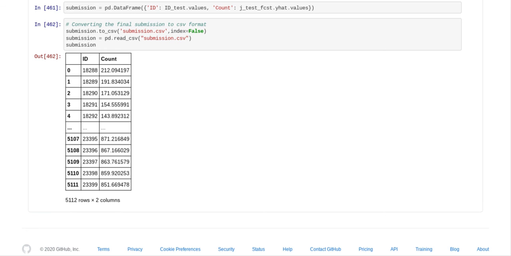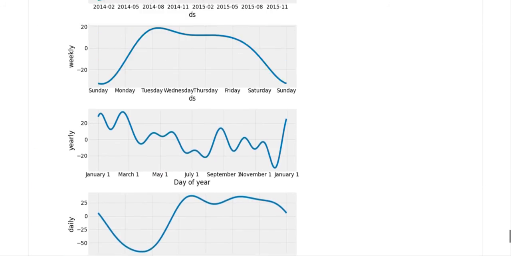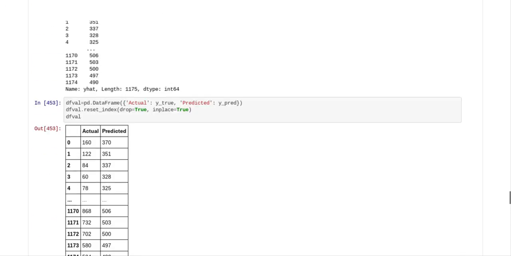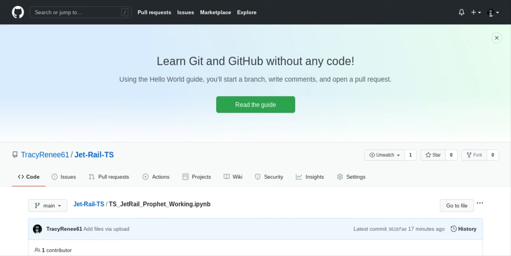And I'm going to go down to the very end and show you the last score was in the millions or even the billions. So the score I got wasn't the best score, but it was respectable, which is why I